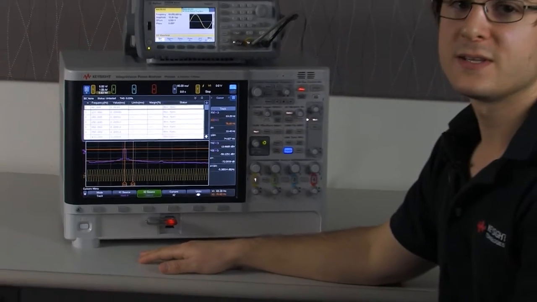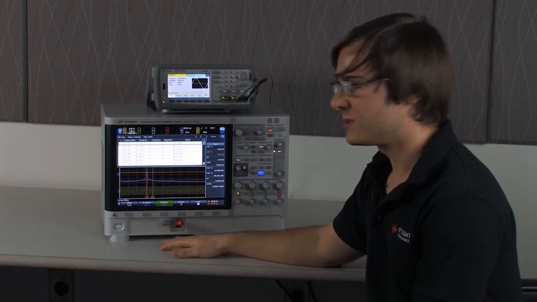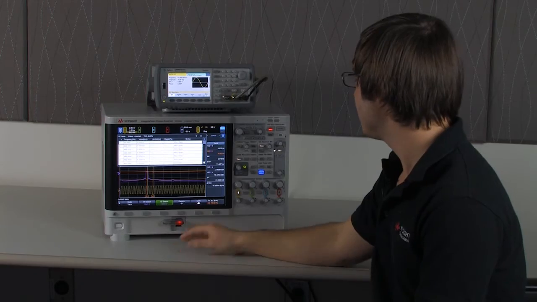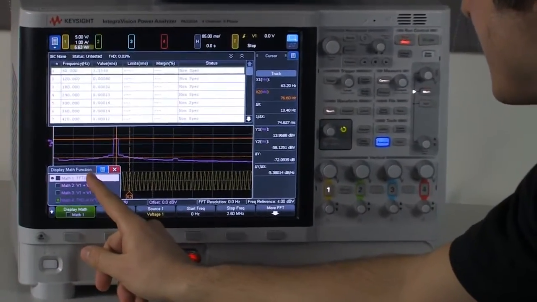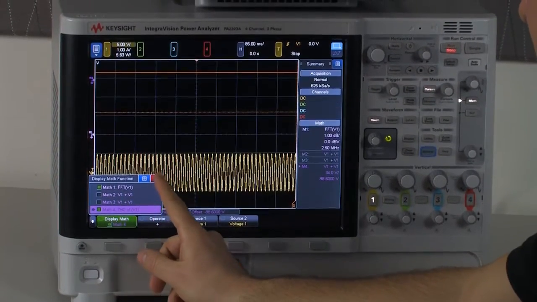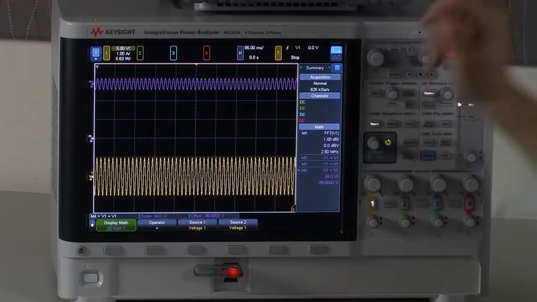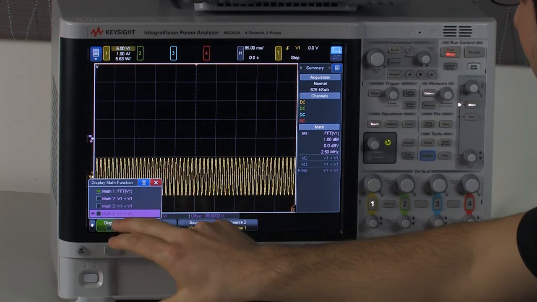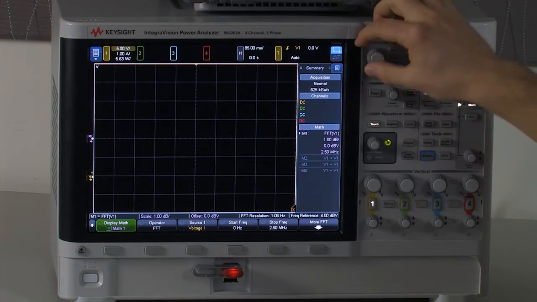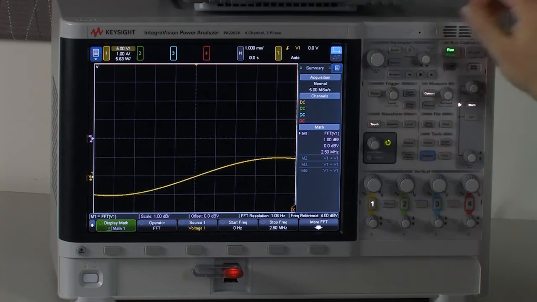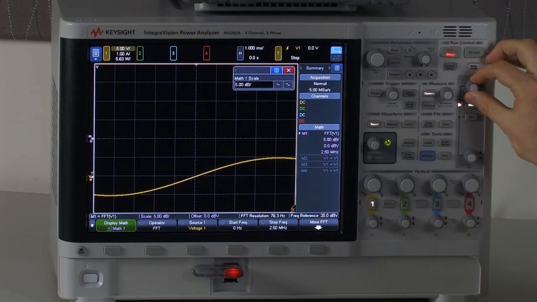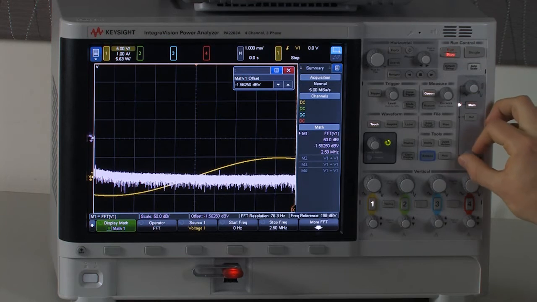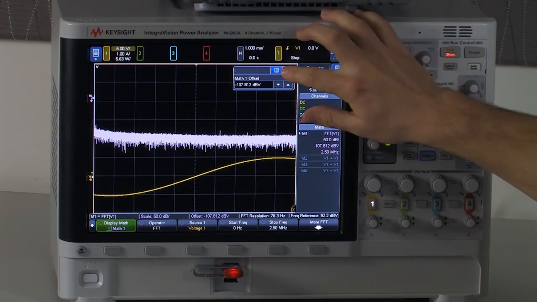Now, if you are interested in looking at things above 30 kilohertz, which is the frequency limit to the DFT, I'll go ahead and click on Math again, and actually look at the screen FFT rather than the DFT. Putting my box back in run mode and adjusting my horizontal, I'll run another single. And exactly the same controls for scaling the Y and X are available to you for the Math FFT. So I'll go ahead and set my scale and offset appropriately.